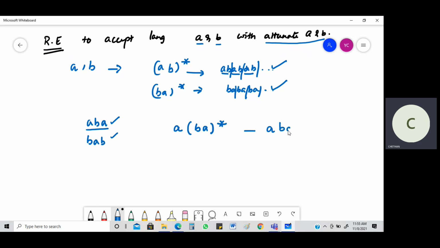So if I take one length, it will be ba. Then again I have to write a, then again any length of ba. So it will be maybe ba, again ba. See, again you can see very clearly this is also having alternate a and b only. This is with regard to one way of doing it. What's the other way of doing it? The other way is like this: b, then you have (ab) star. This is also becoming the same thing, right? b, then you get ab, or if you take